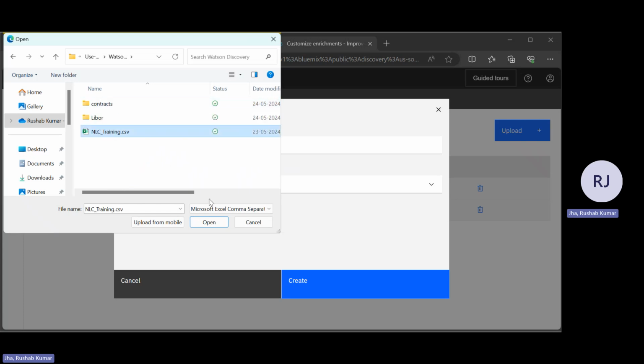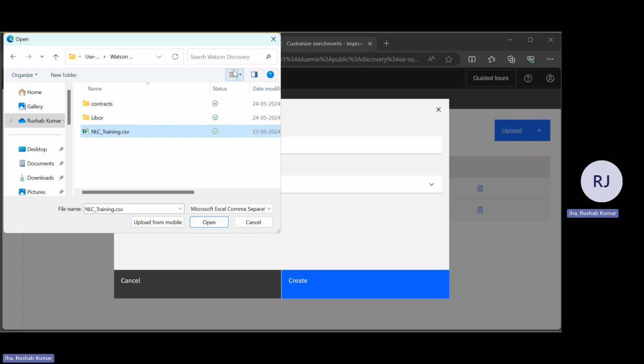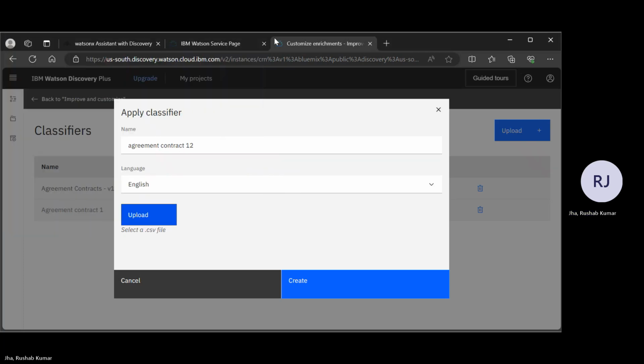So what is happening over here is that I had defined before, if you remember, that I wanted to classify the documents in two parts, that is service level agreements and manufacturer overview documents. So two different types of classifiers we'll define over here.